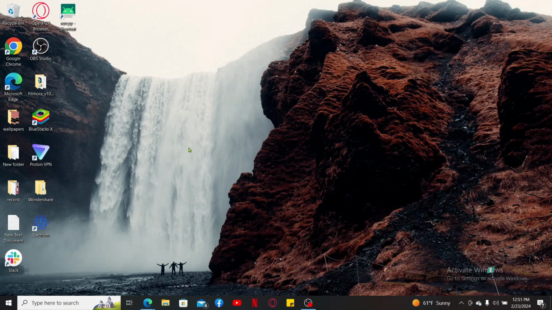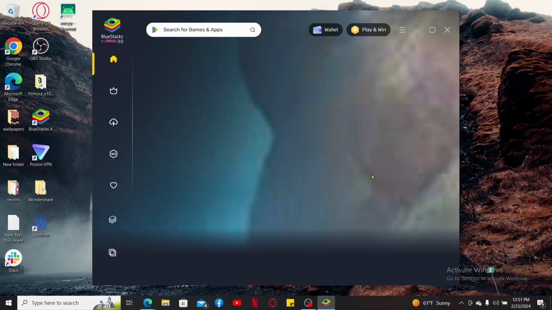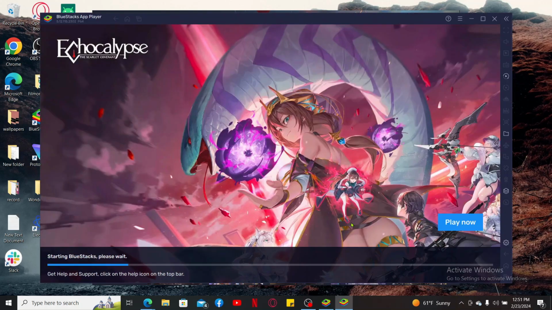If you don't know how to download the emulator, you can check other videos from our channel on how to download BlueStacks app. Once you've downloaded the app, simply launch it open and then also make sure that you've signed in using your Google account's credentials. Enter your email associated with Google account and your password in order to end up in the Google Play Store